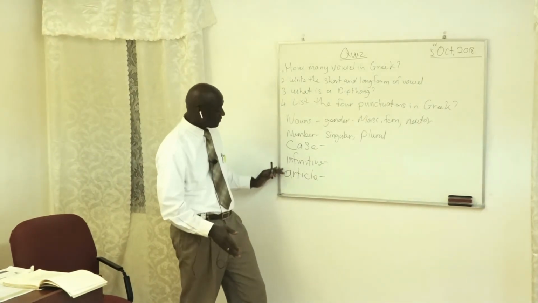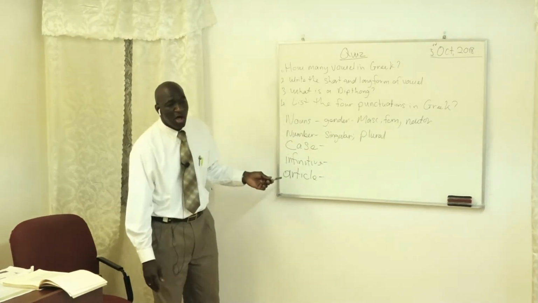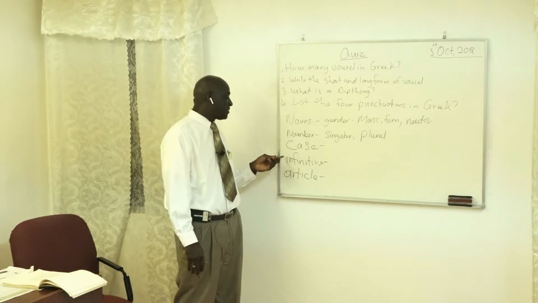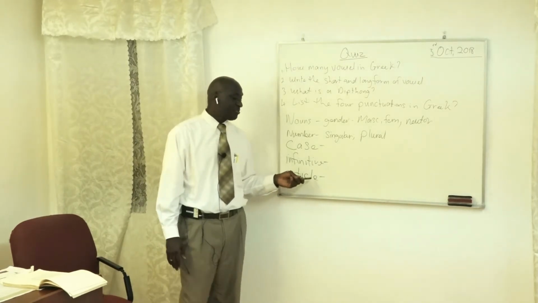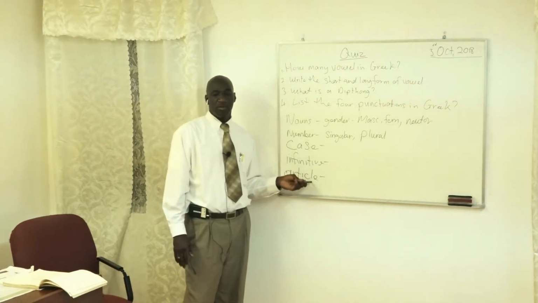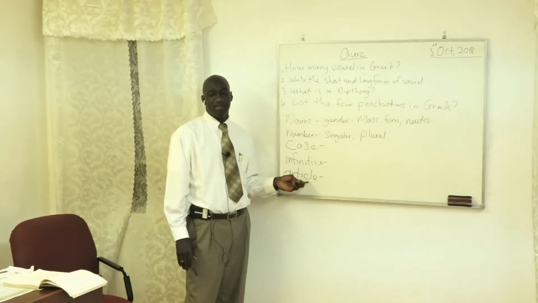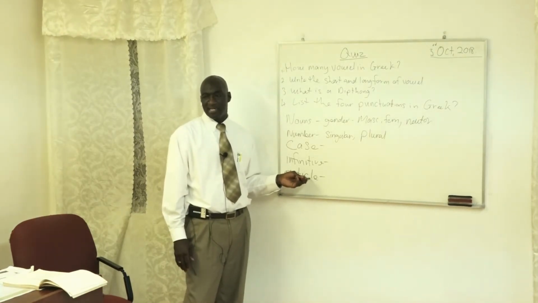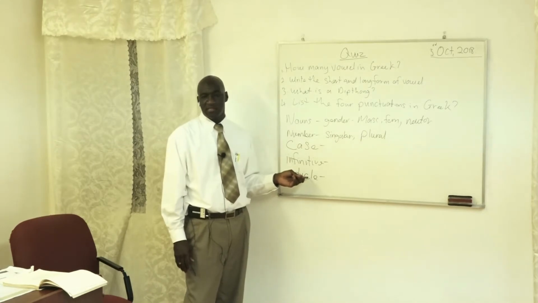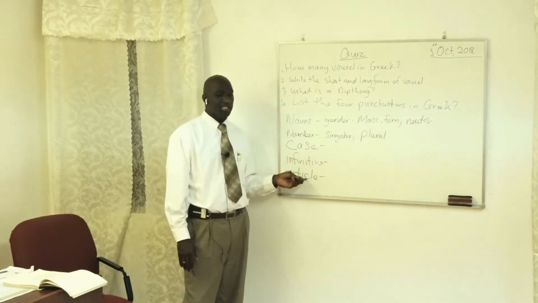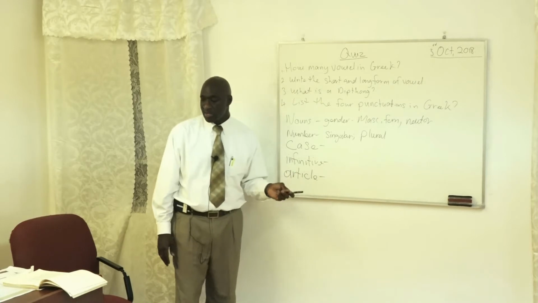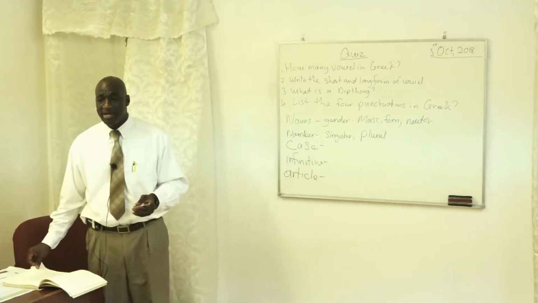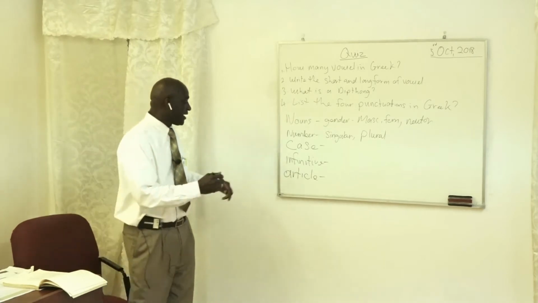That's the infinitive. Now, there's also something that you will see that sometimes comes before the infinitive, which is called the article. Okay? And so we're going to see a lot of articles in Greek. Okay? And I'll give you all of the definite articles today. And so you can know exactly what I'm talking about. Any questions? Okay, let's go on then to